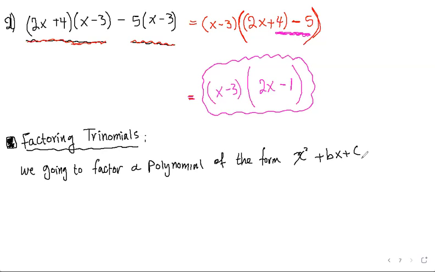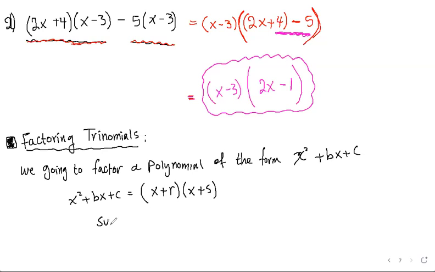So how can we factor something like that? Actually, when we factor x squared plus bx plus c, it should look like x plus r times x plus s,